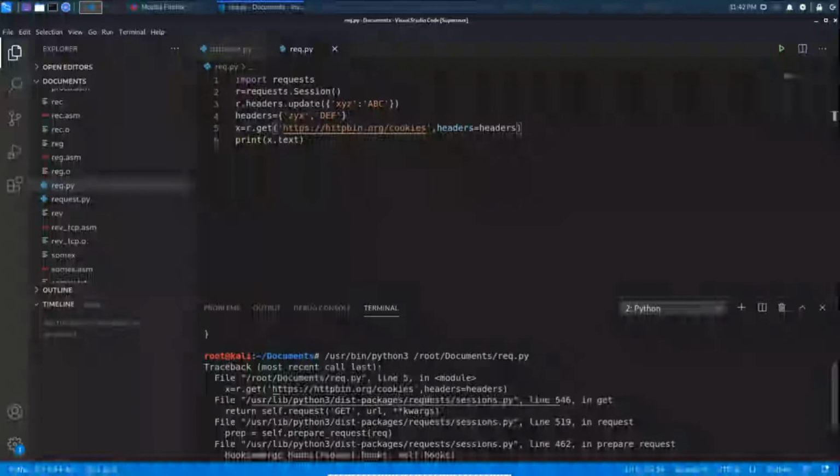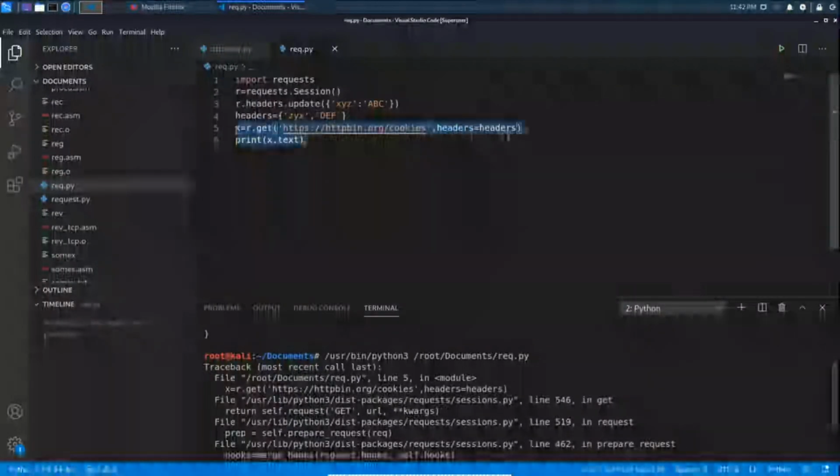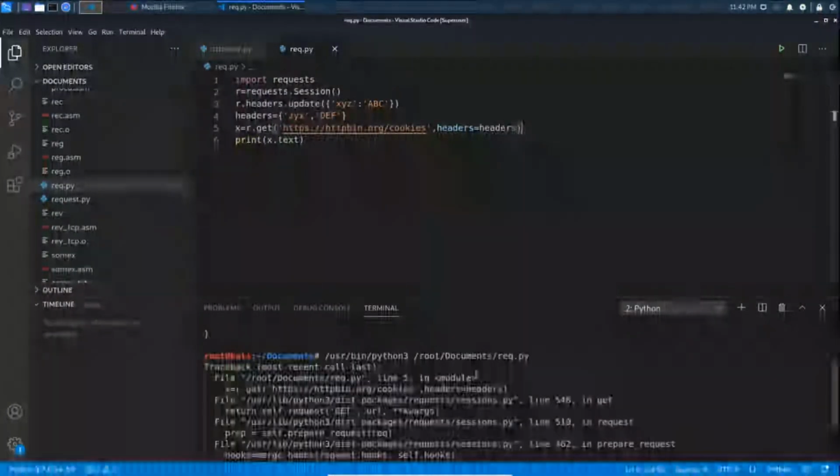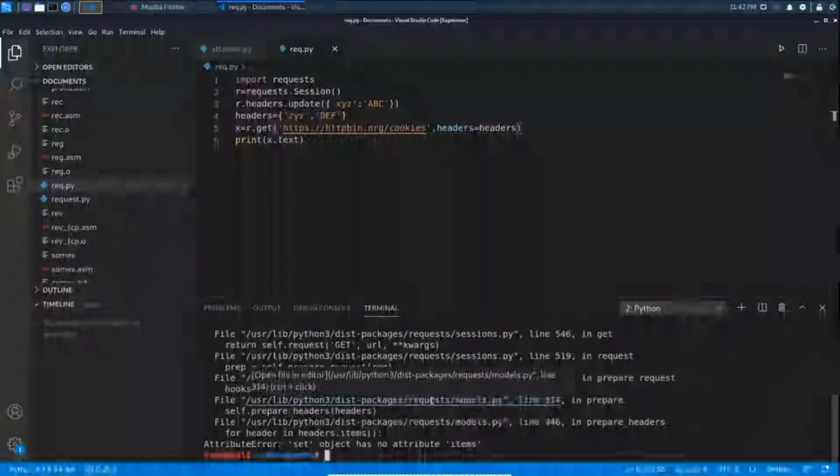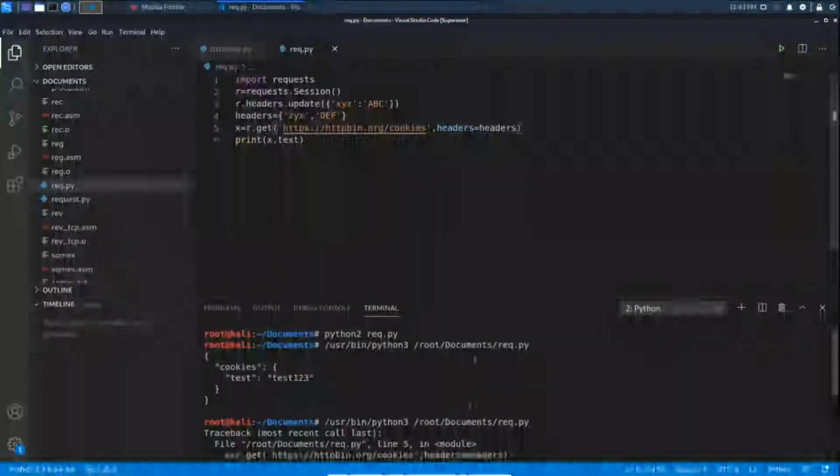It's equal to r.headers. Okay, I think there is an issue with this. I think it won't work with my old Python. I think I need to update my Python since it is an old version.